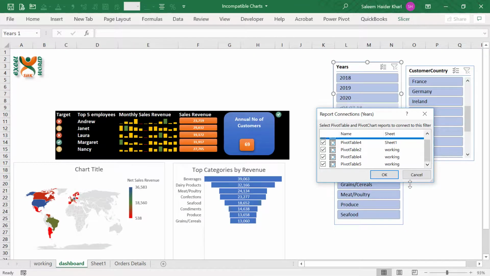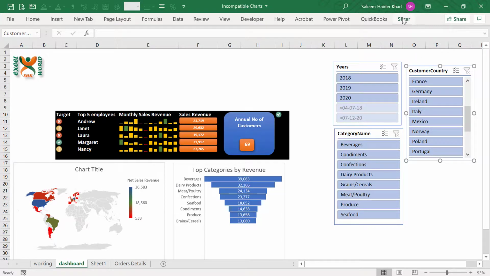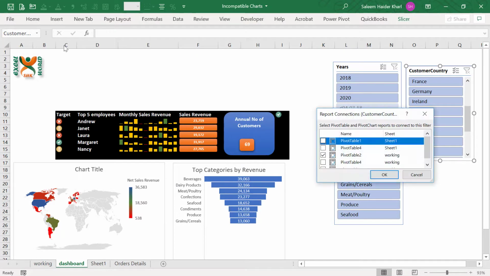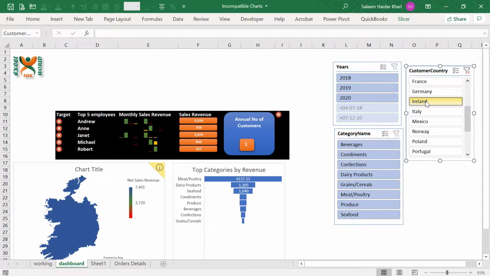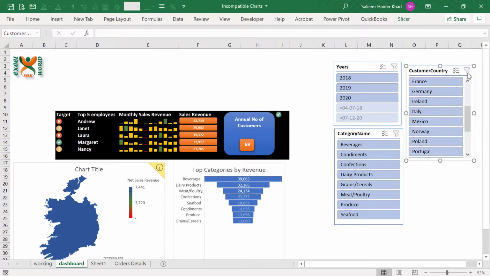So pivot table number 4 is already added. Let us see if the same is updated with other slices or not. So now we can select any of the country and see our map chart and funnel charts updating automatically.